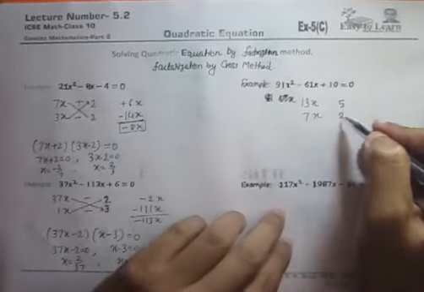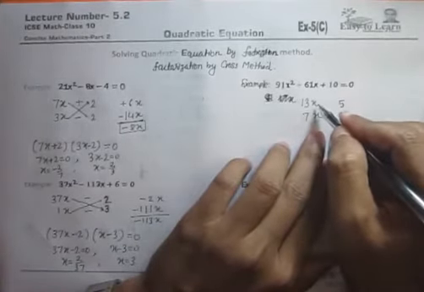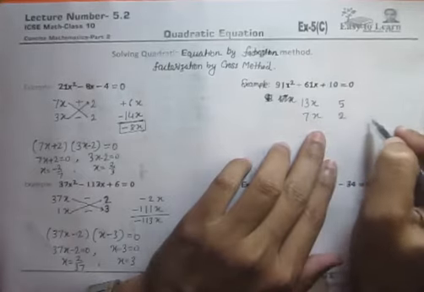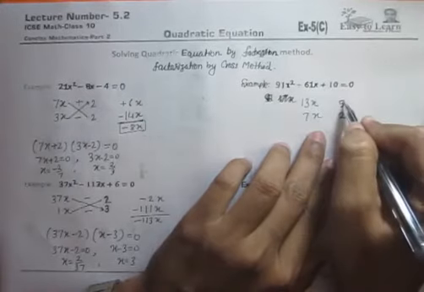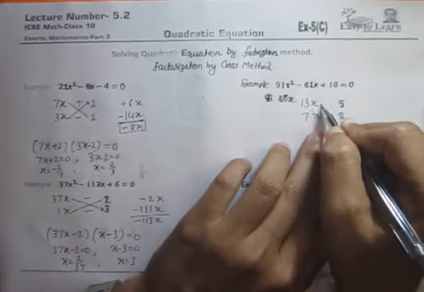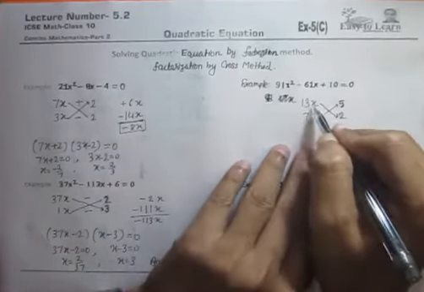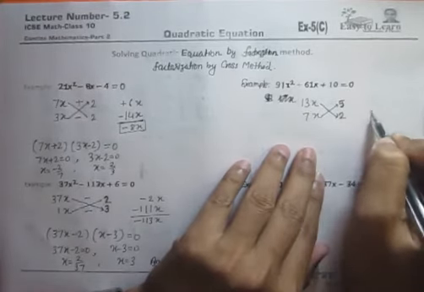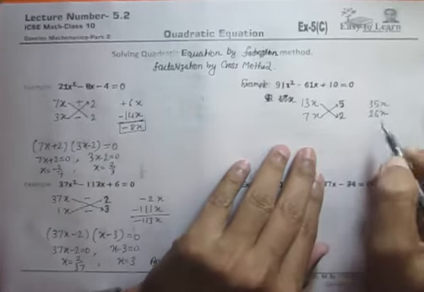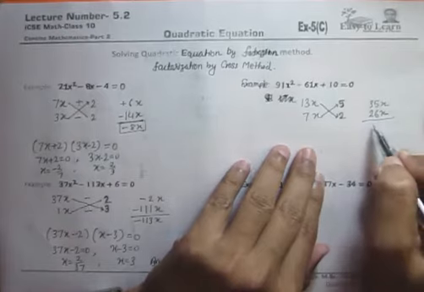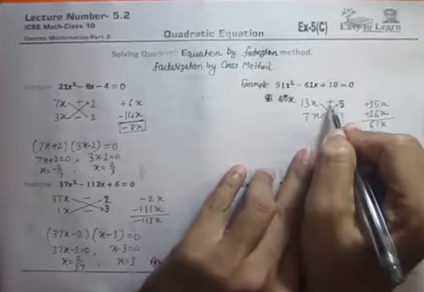So what should be the order? Just guess by cross multiplication. By cross multiplication, whatever numbers you get here, either their sum or their difference must be equal to 61. So if I write 5 here and 2 here and multiply crosswise, 13x into 2 will be 26x, 7x into 5 will be 35x, and here the sum is 61x. So it should be plus, so put plus here.